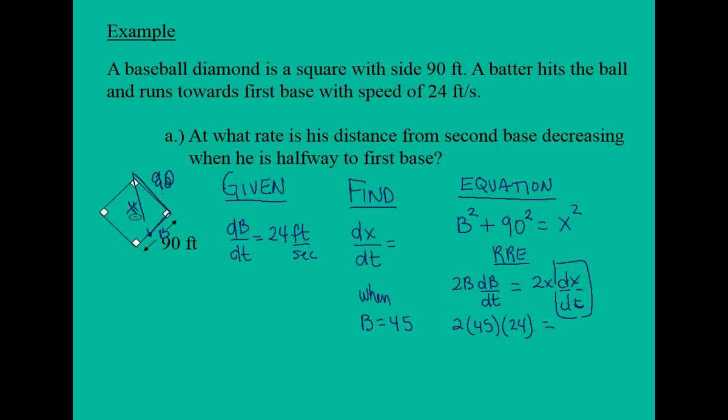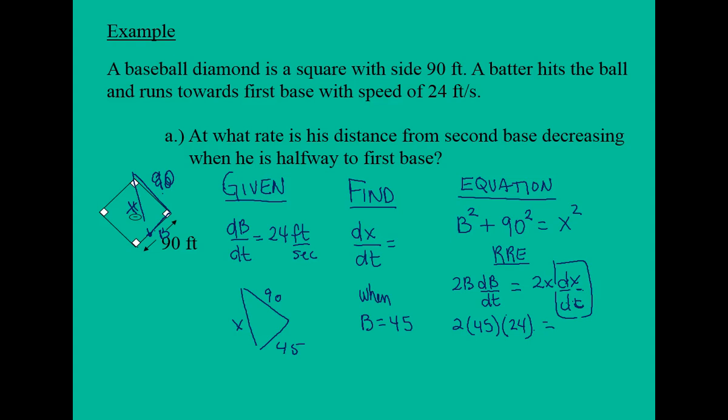Going back to our diagram, if we have this triangle, we know at the instant we're looking for dx/dt that this would still be 90, but this would be 45. And so now we should be able to find the value of x